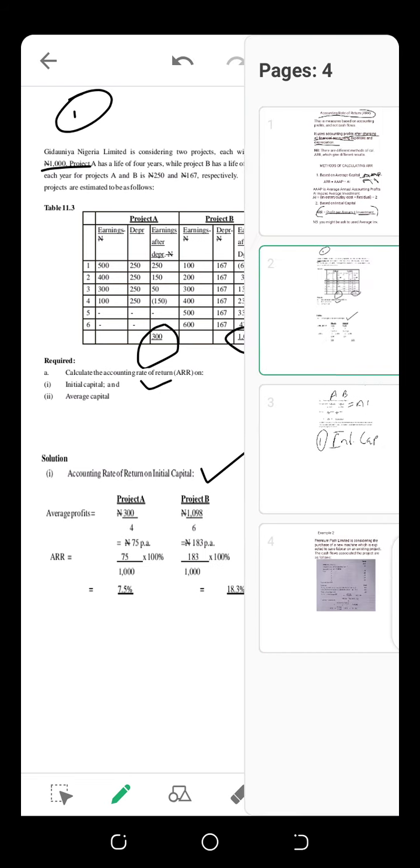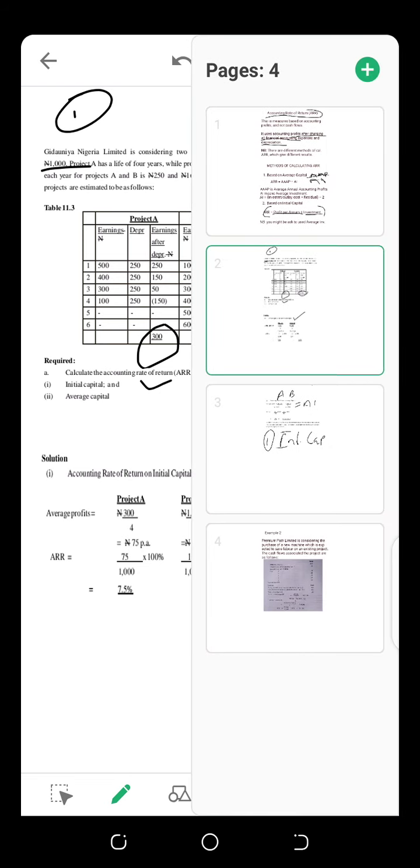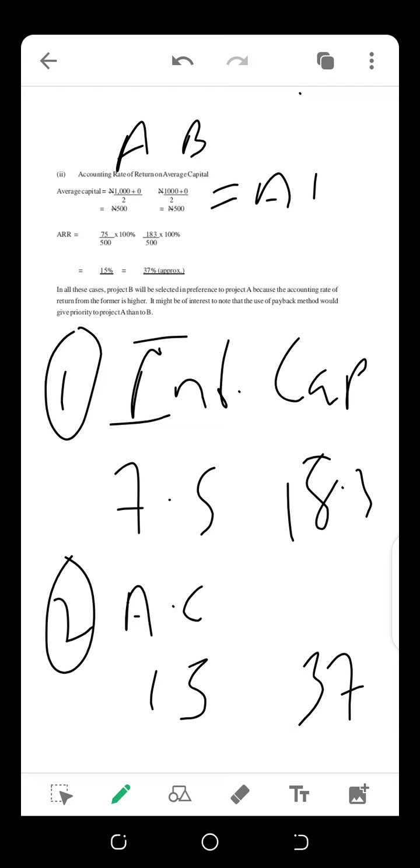7.5 and 18.3. Then using the other method, average capital, we have 15% and 37%, right? You will see that if you want to make a decision like this now, using initial capital, you can